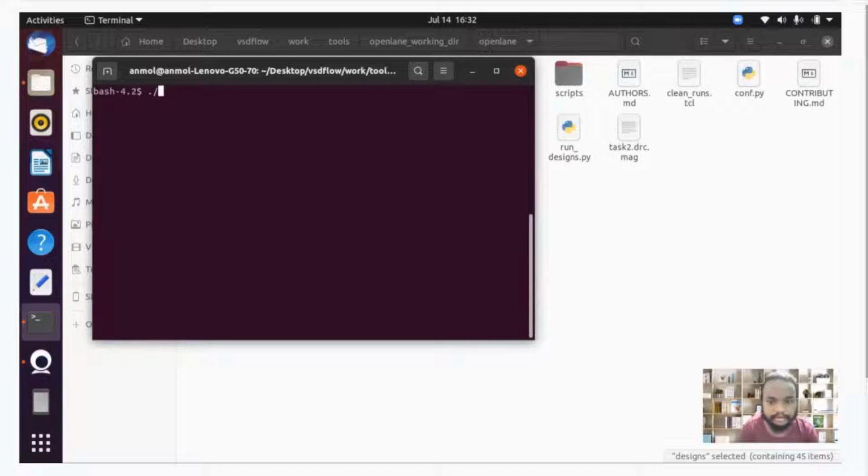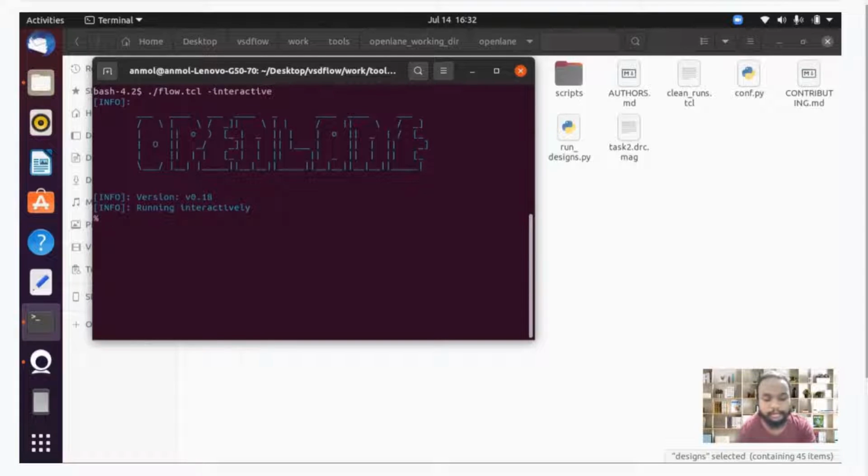We'll type ./flow.tcl. We'll use the interactive mode in this. Interactive. Now we have to type package require openlane. Now we'll type prep -design